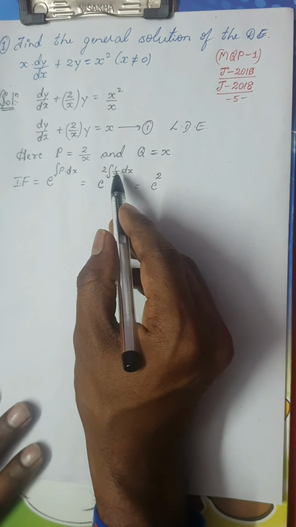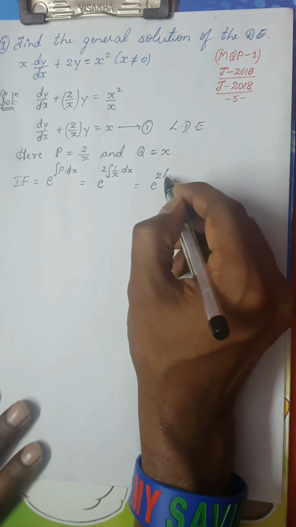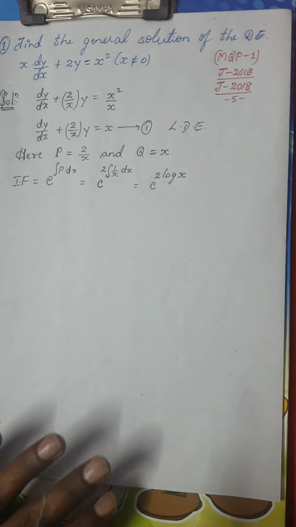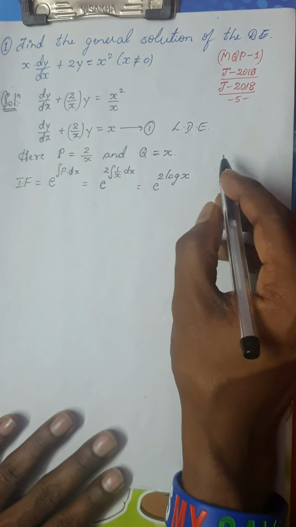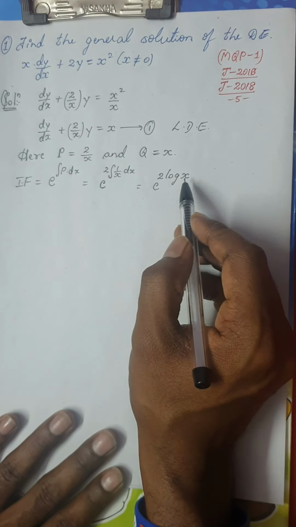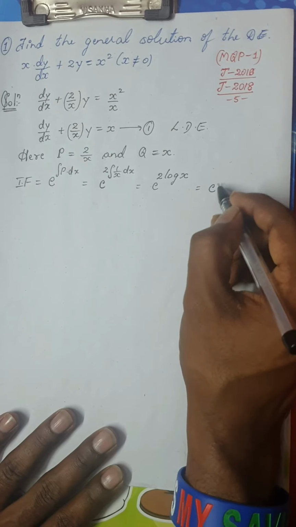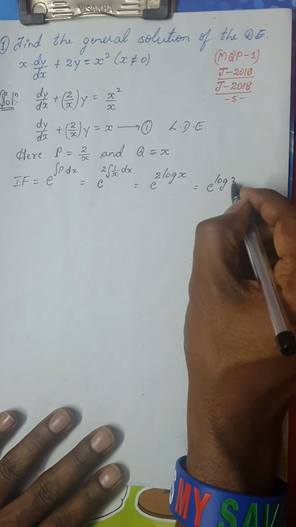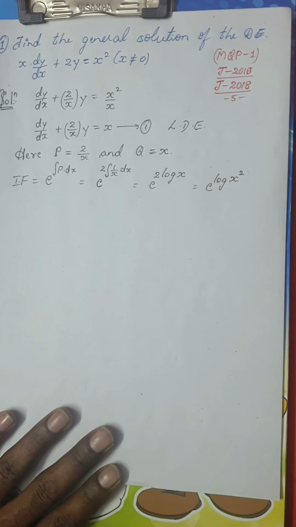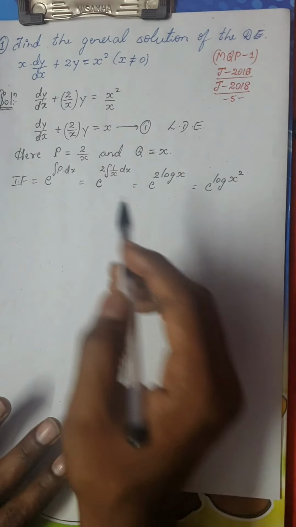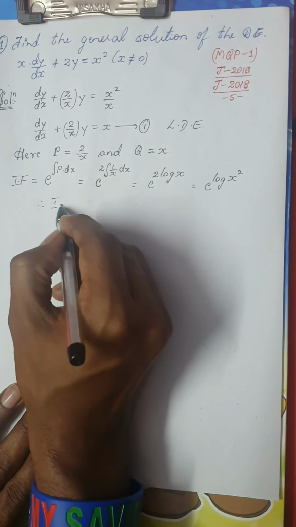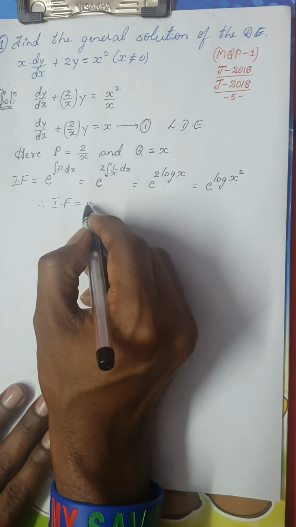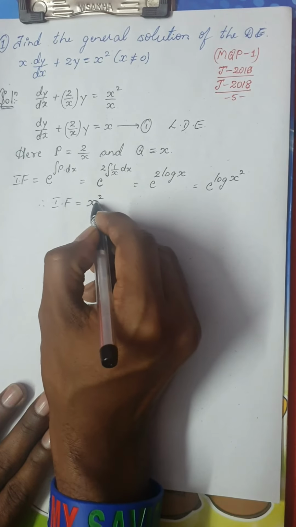Now this is a standard integral. 1 by x dx would be nothing but log of mod x. But here we would consider x itself because that is sufficient here. Again, using the laws of logarithms, this can be written as e power of log of, this constant can be taken as a power, this would be nothing but log of x square. Now dear students, therefore I'm going to directly write the integrating factor is, I have e power of log of x square, I would directly write it as x square.